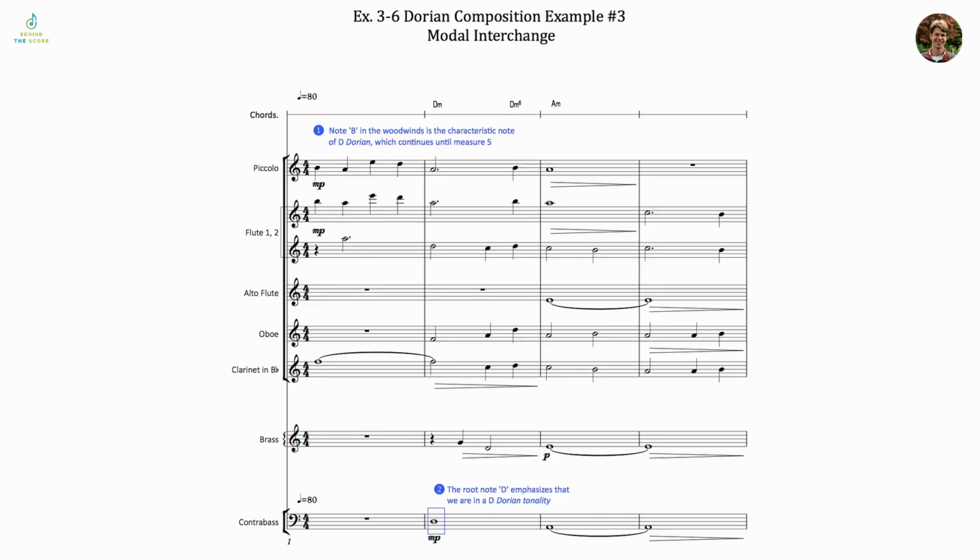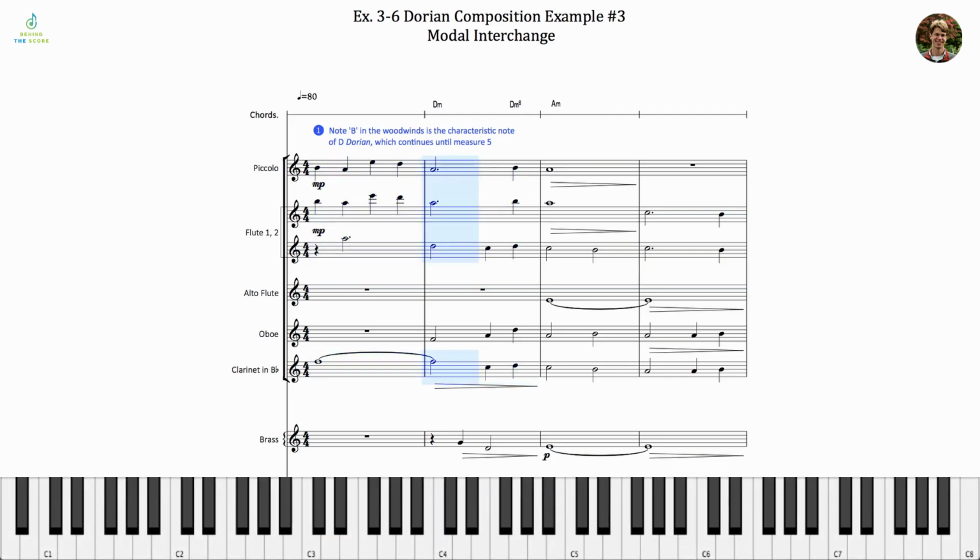There's a lot we can talk about, but let's just walk through some of what's happening here. The big thing I'll focus on is when we move between the modes. In the beginning, we open up with these high woodwinds, and by measure 2, we get a clear D minor